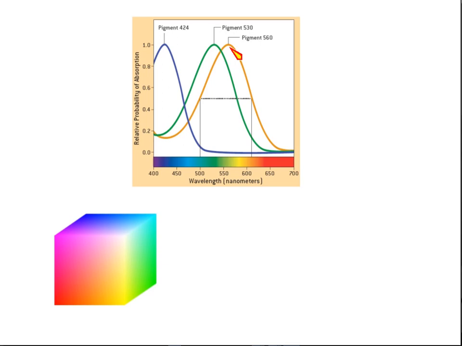Okay, so we didn't need many receptors. Color was not that important for us. But then the big beasts all died, and we found a whole world at our disposal, so we became also daily animals. And what happened was that at a certain point in evolution, big primates had the possibility